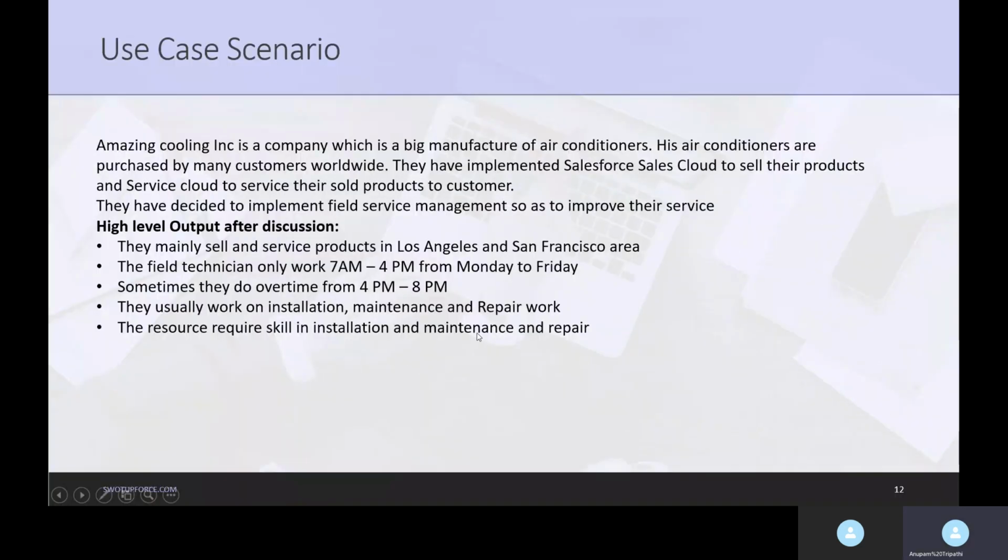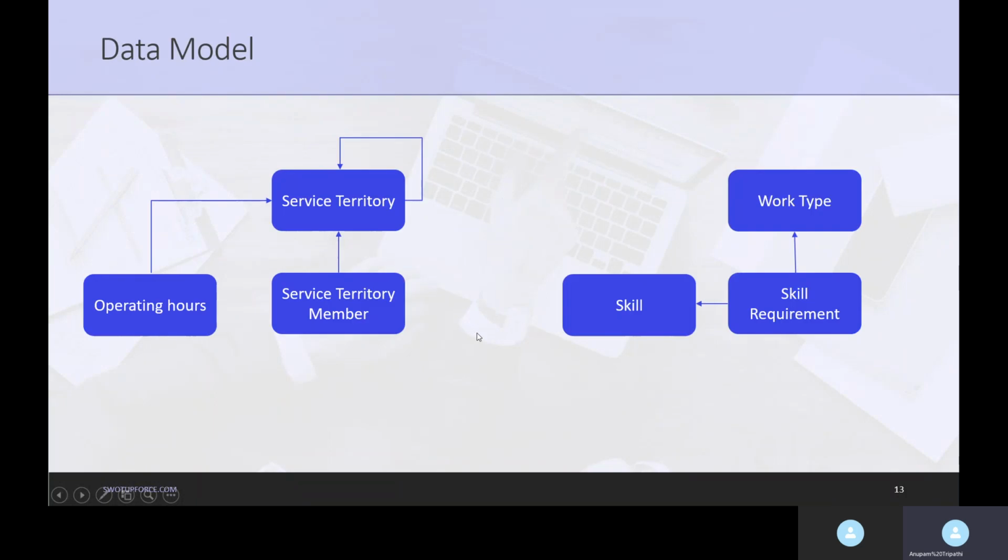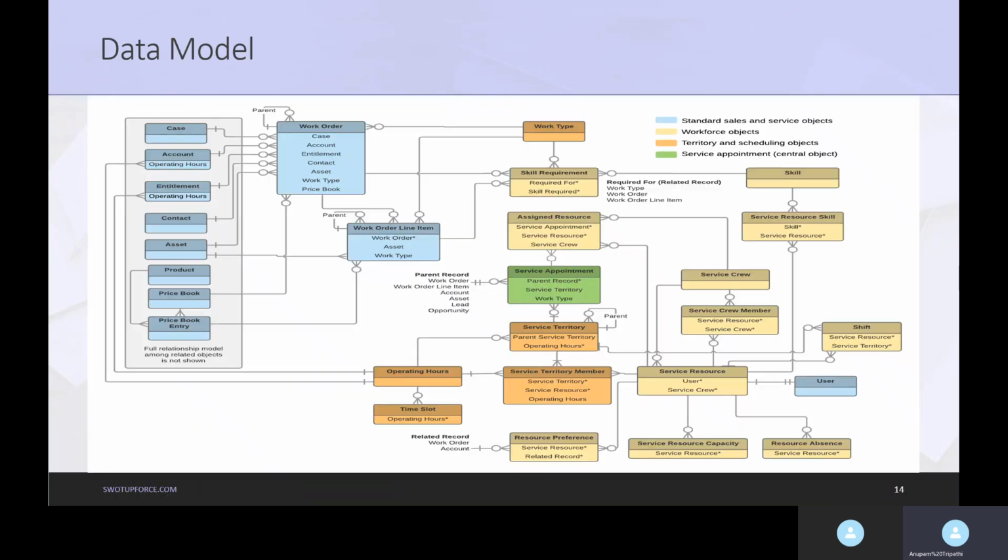So I think this is what we wanted to cover in today's session. This is the high level, the complete architecture of Field Service Lightning, and you can see that this is the area that I have covered: how these skills are associated with skill requirement and work type, and how the service territory is assigned to the operating hours.